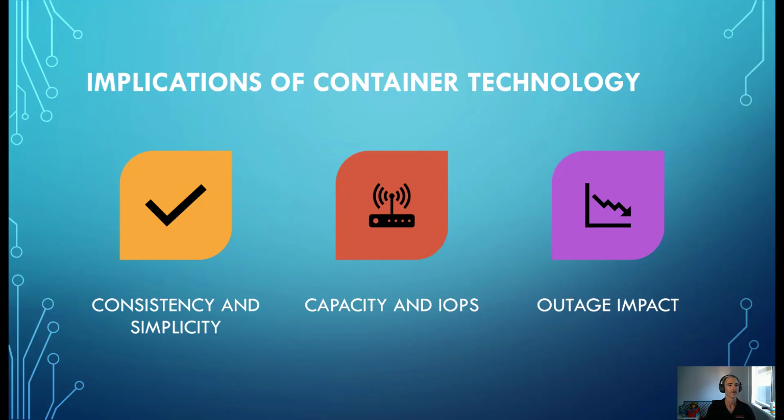With that comes the considerations. Some good and some just things we need to watch for, right? And they're broken down into three categories here. So consistency and simplicity, they're obviously the good things. Capacity and IOPS are things we need to have a think about, and the outage impact, it's significant, right? So the good thing is FSLogix technology and VHDX technology as a whole introduces consistency. All right, and what we're looking for there is,